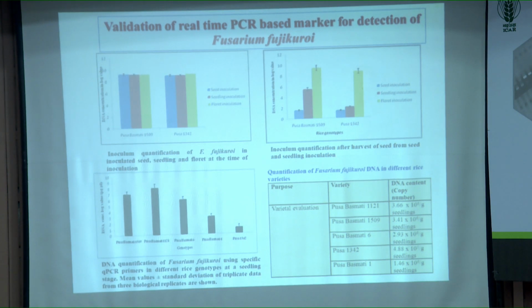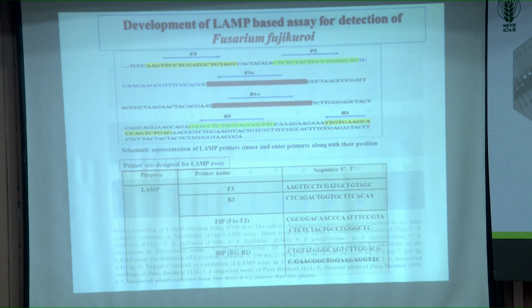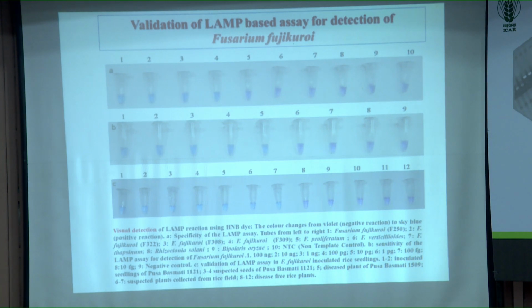Further modification we could bring is the LAMP based assay for the detection of this particular pathogen. These are the primers selected, the list of primers. I told you visual detection is possible. If the pathogen is there, blue coloration comes, if it is not there, it is purple. So we could validate it, and here also you have to check specificity, sensitivity and validate your